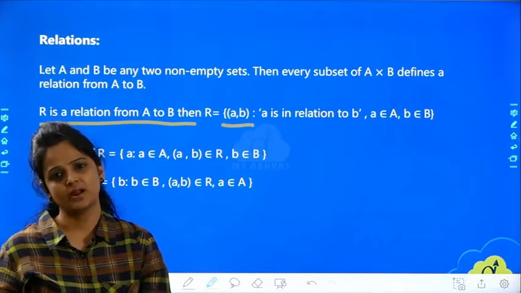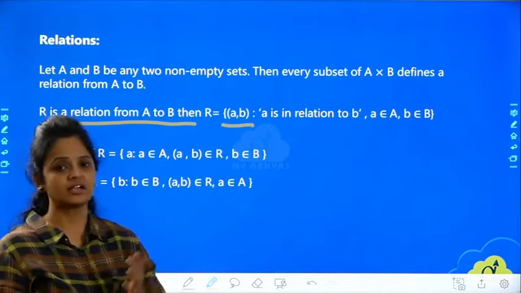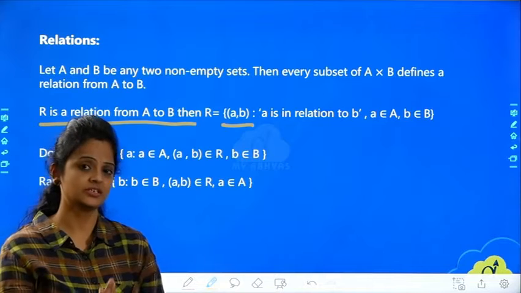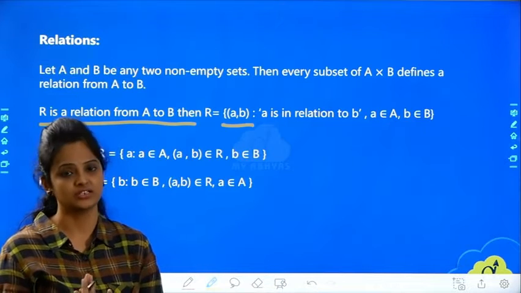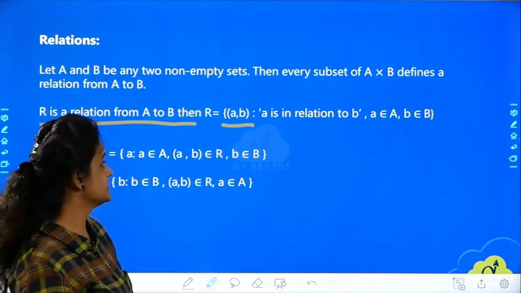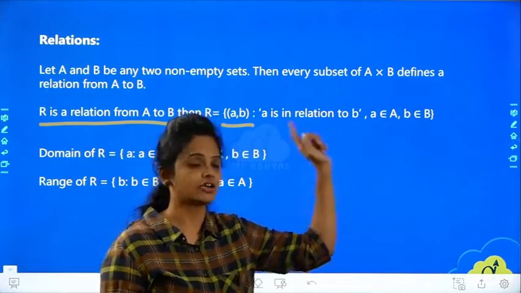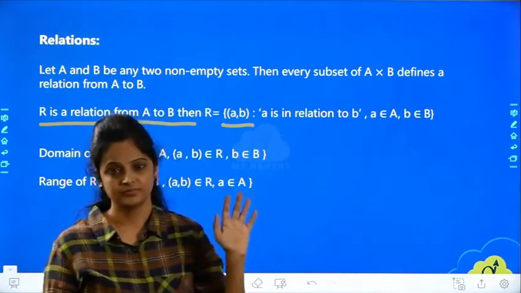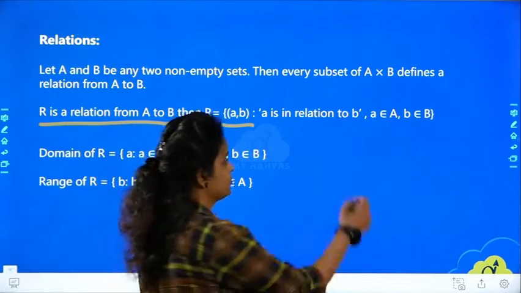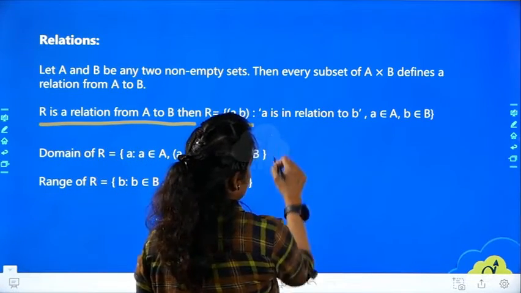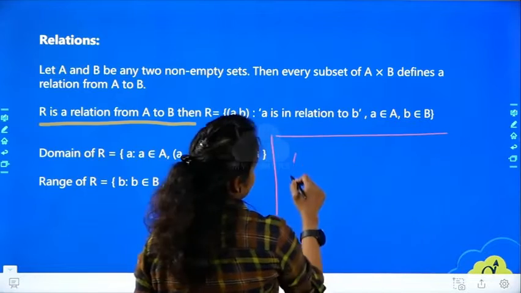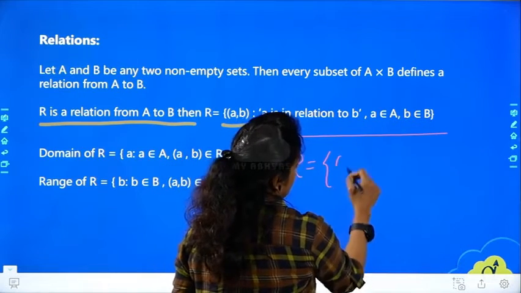Then what is the difference, ma'am? It is the same as a Cartesian product. Then what is the difference between the Cartesian product and the relation? The difference here is this: a is in relation with b, or a is related to b. So a is related to b is what matters. When I am writing the relation (a, b),